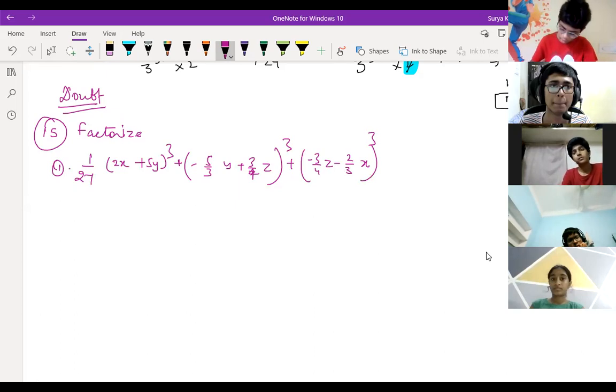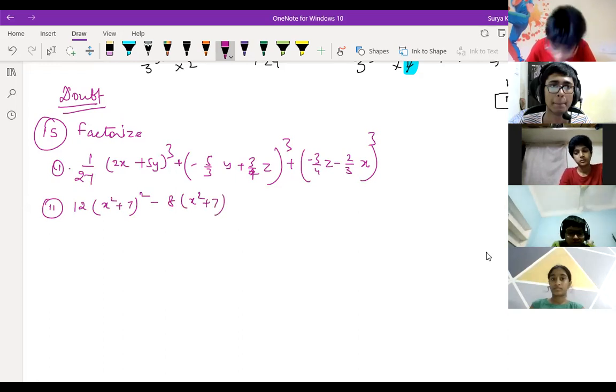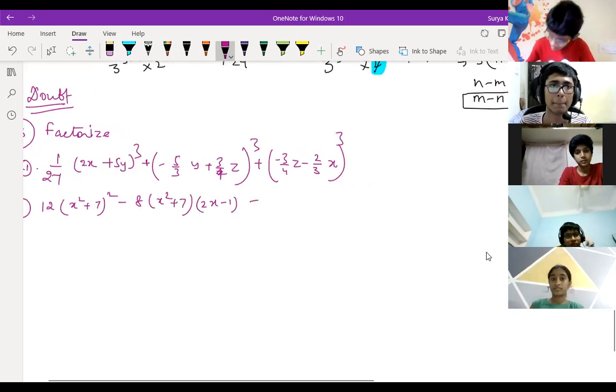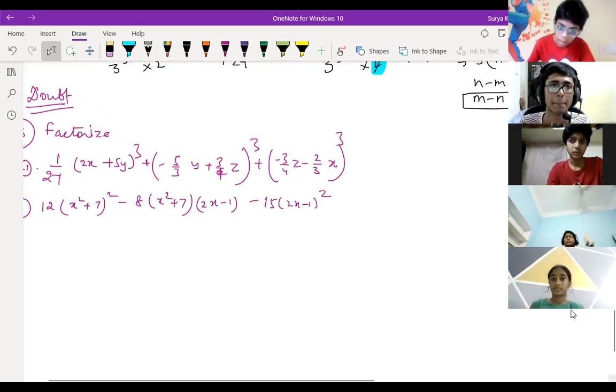Second question is, Nihar, based on this one, a whole square is there now. Again, you can expand, not a problem. Sir, but in that case, it would be too lengthy. I was thinking if there's any other way to do it. They have given a lengthy one only, or you can do a bit smaller. One minute. Yeah, second one is easy only: 2x minus 1 whole square. Yeah, it's a bit easy only.